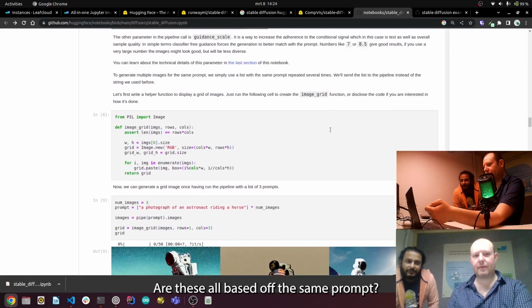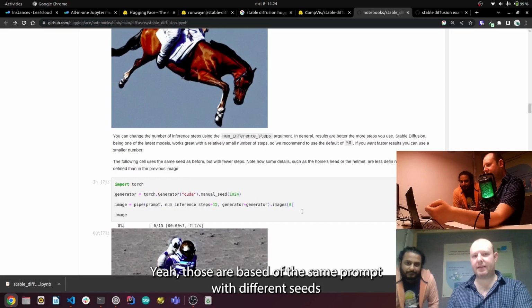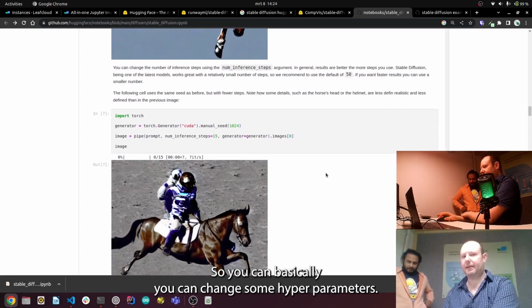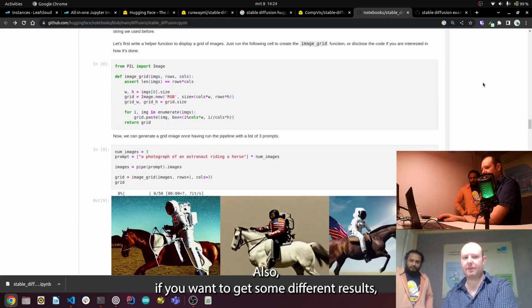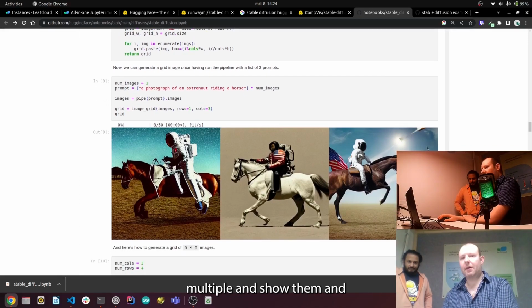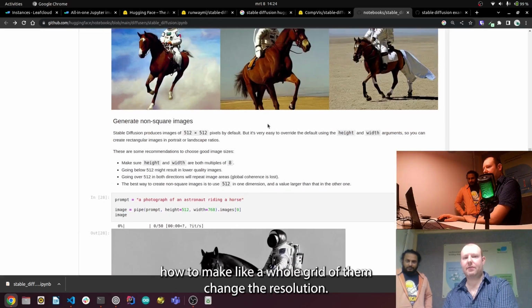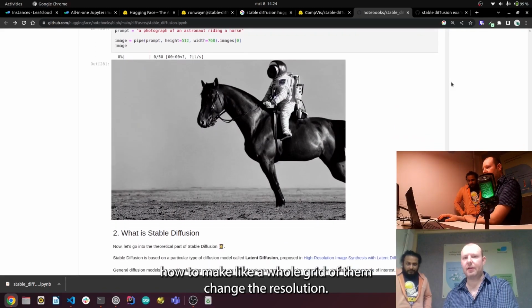Are these all based off the same prompt? Yeah, those are based off the same prompt with different seeds. And different inference steps. So you can basically change some hyperparameters also if you want to have some different results. Then it's going to show how to generate multiple and show them. And then it just goes into how to make a whole grid of them, change the resolution, and